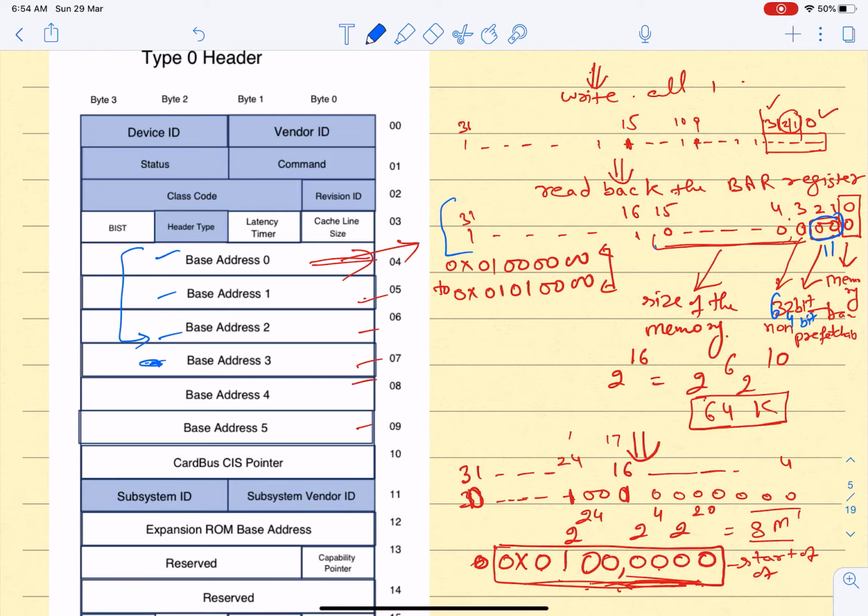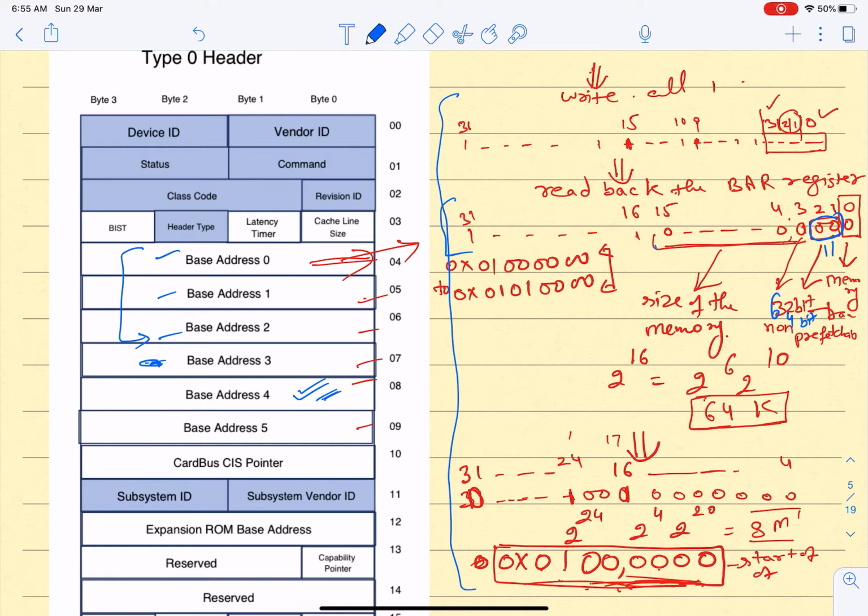So the first procedure will be the same. If it finds that the address is less than 4 gigabytes, it will do all these steps which I explained here. But now after that it will read base address register 4 also, and in that it will configure the upper 32 bits of the